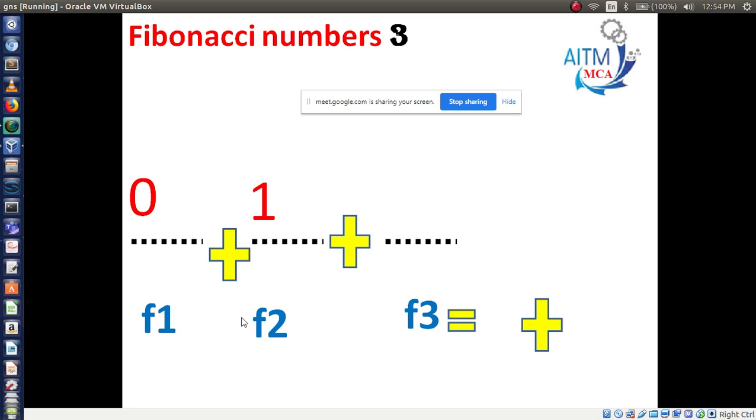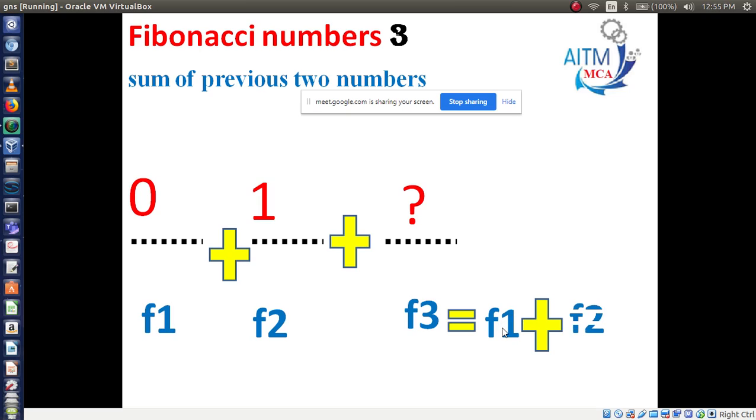I mean Fibonacci 1, Fibonacci 2, Fibonacci 3. These are all variables. Now how to calculate this f3? By adding up these two numbers, 0 plus 1. How to calculate? Adding up the previous two numbers, f1 plus f2.